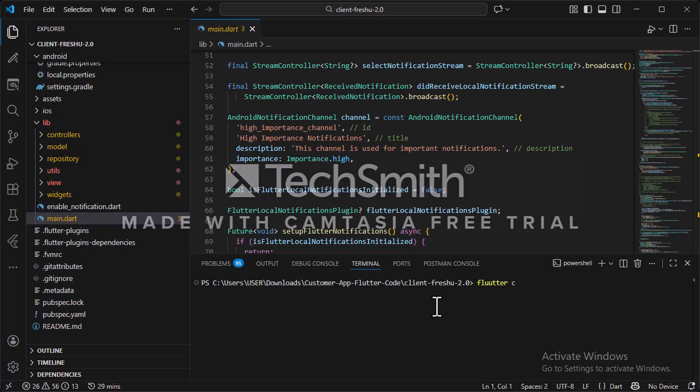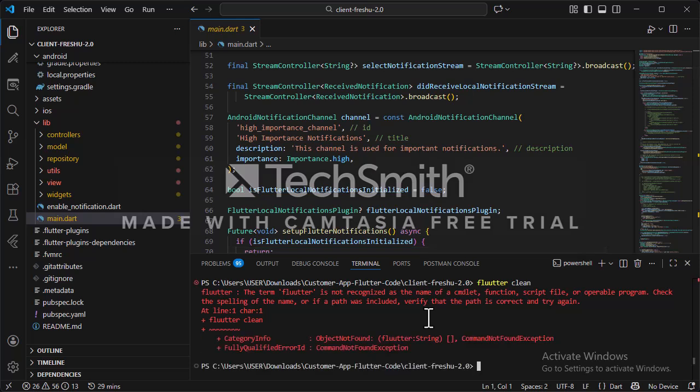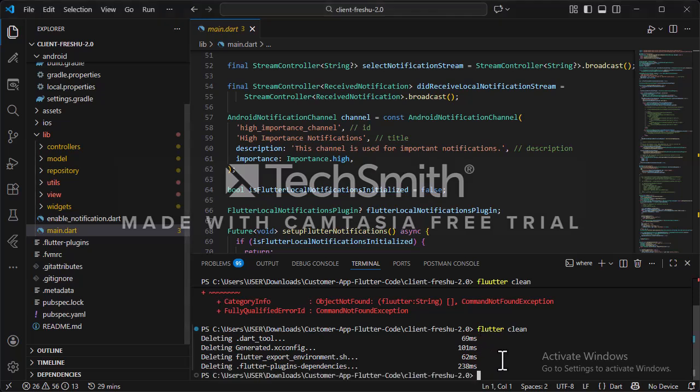flutter clean, hit enter. This is going to clean the project. Oh, okay, I did make a mistake there. This is flutter clean, this is the correct one. It's just a typo. All right, so we have it. It's cleaning. Then we want to go ahead to